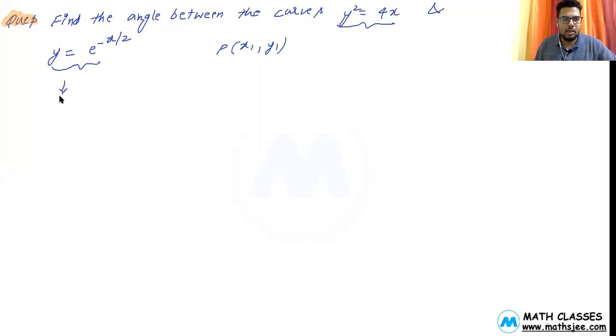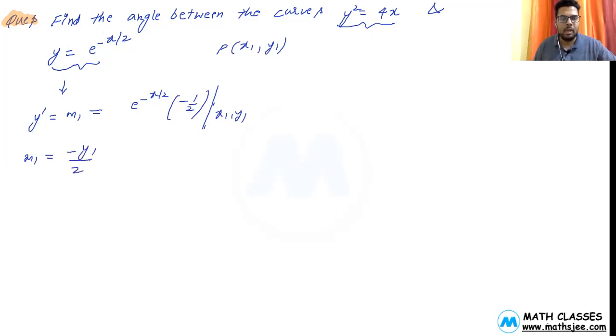तो अब यहाँ पे the derivative of this, let us say this is y dash, and for this is m1, is equal to e raised to the power minus x by 2, and then you differentiate this, so this will be minus half, right? And again you are finding out the derivative at this point x1 comma y1. So this point should be x1, because you are finding out the derivative at x1 comma y1. So the m1 is equal to, so this is y1, so y1